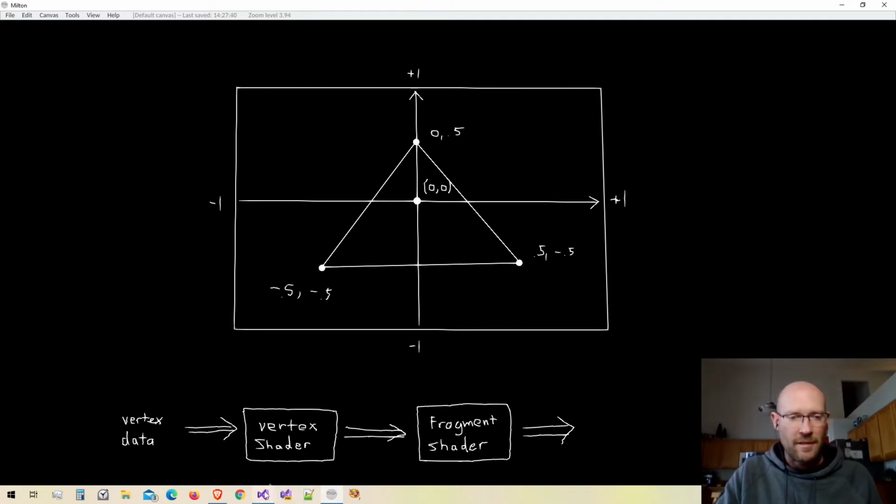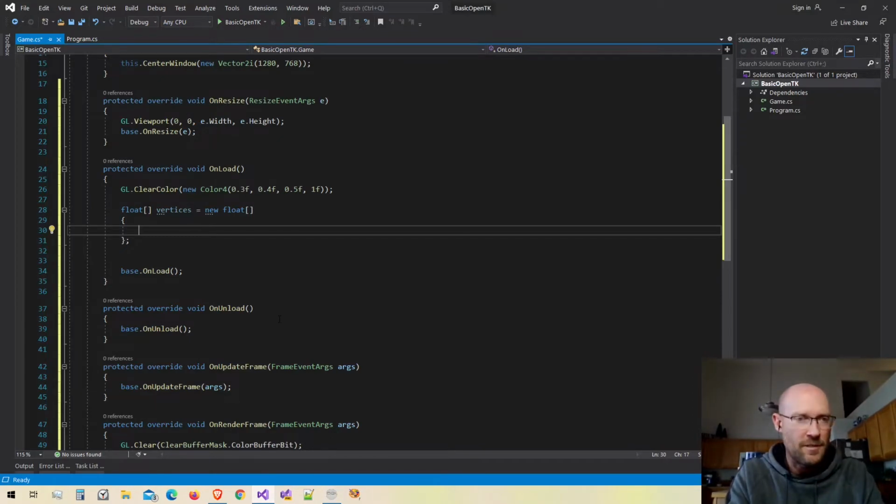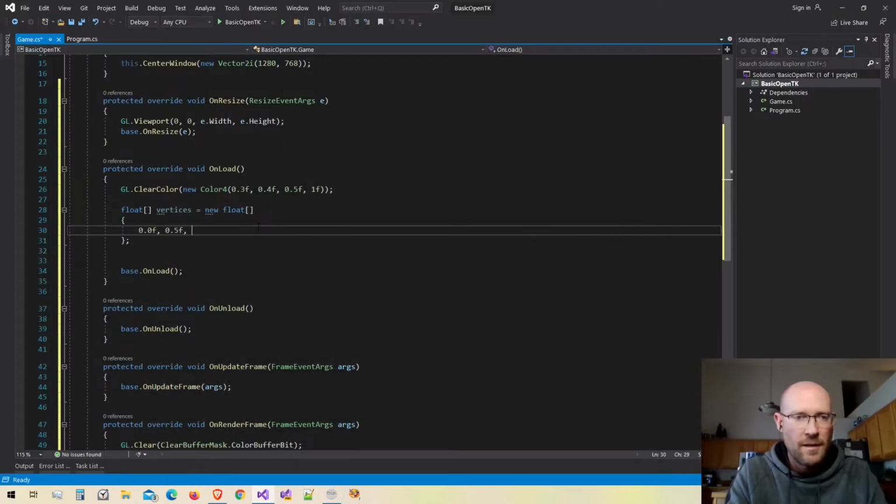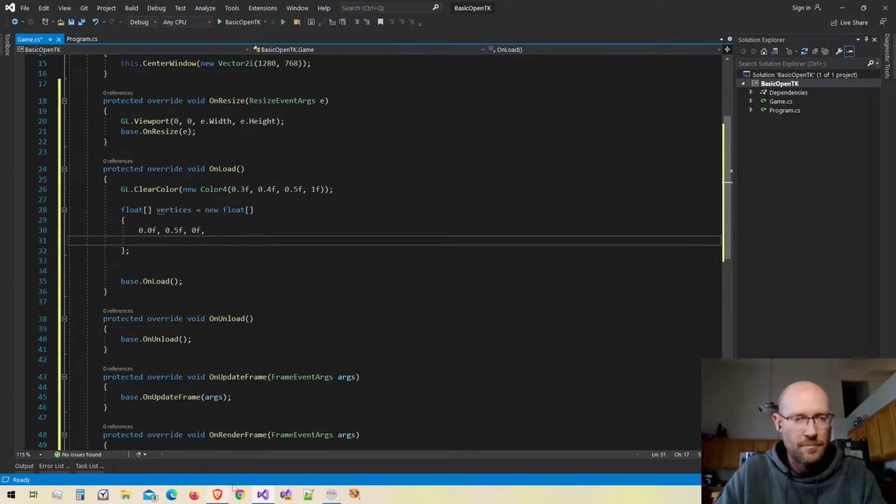So let's go ahead and define that in our code. In our vertices array, we're going to define the X, Y, and Z for each vertex. So the first one, let's just start at the top here. So this will be our first one. So we have 0 and 0.5. And then remember, we also want to specify the Z coordinate, and the Z coordinate is just going to be 0. Let's define our next